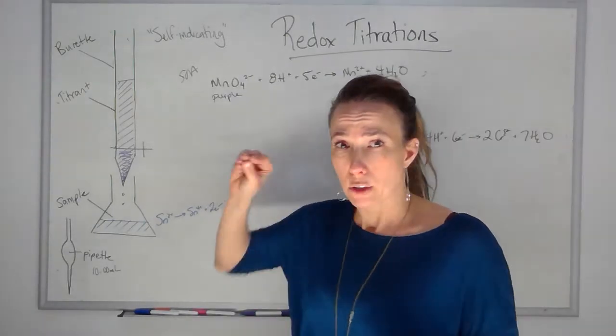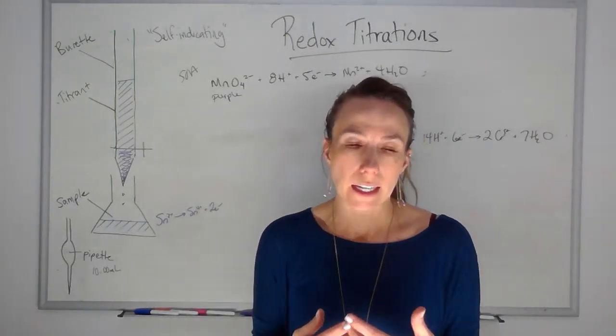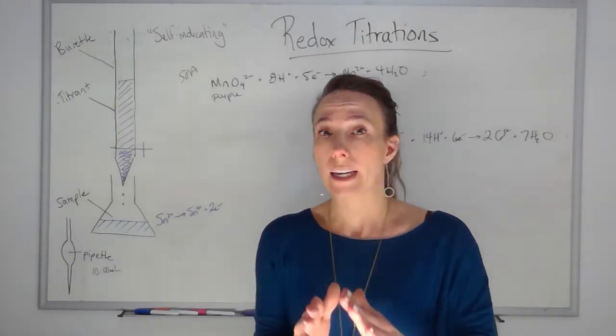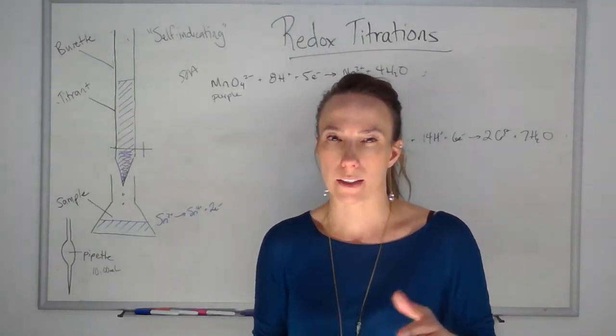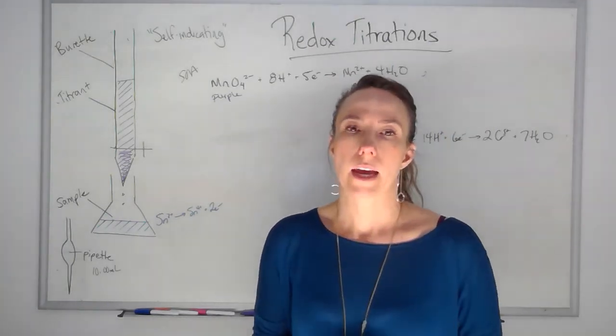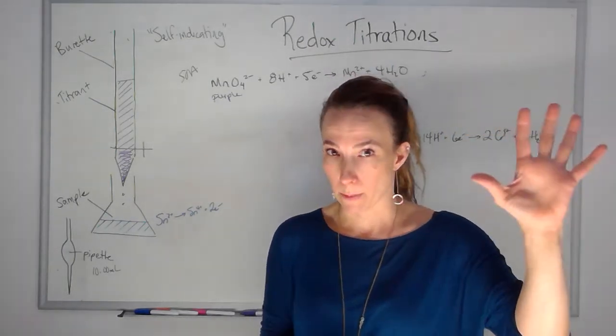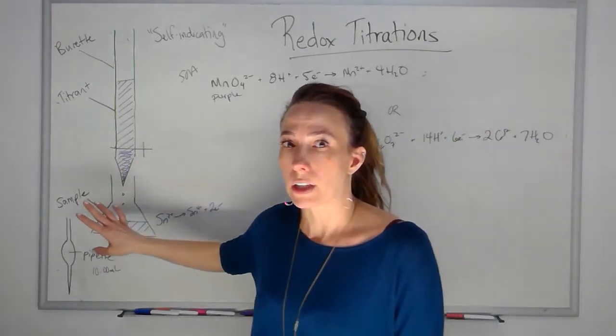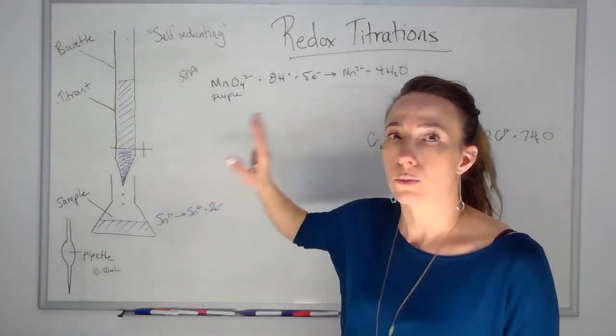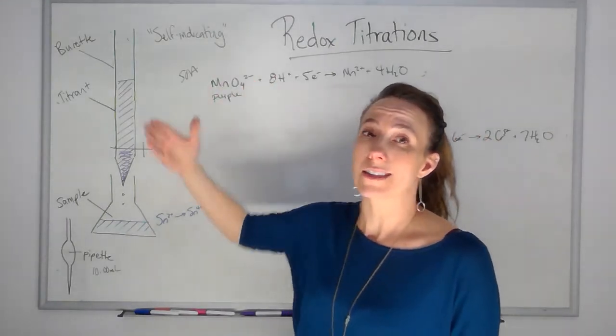And so we have to use an indicator like phenolphthalein or bromothymol blue, which will change color to tell us, oh, we've just switched from being an acid into being a base. And there's that huge shoot up in our pH change. Remember those pH curves? We don't usually have to add an indicator to redox titrations because they are often